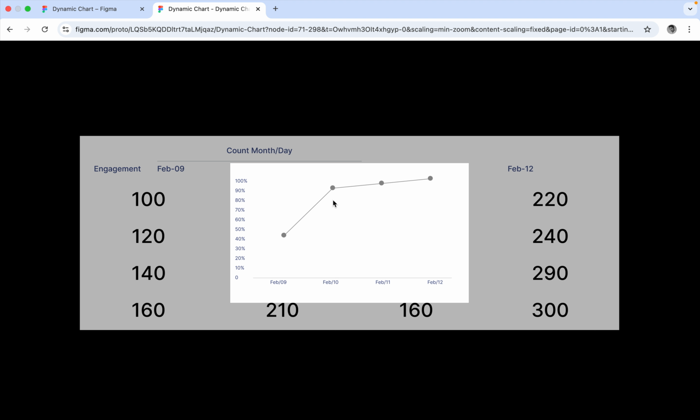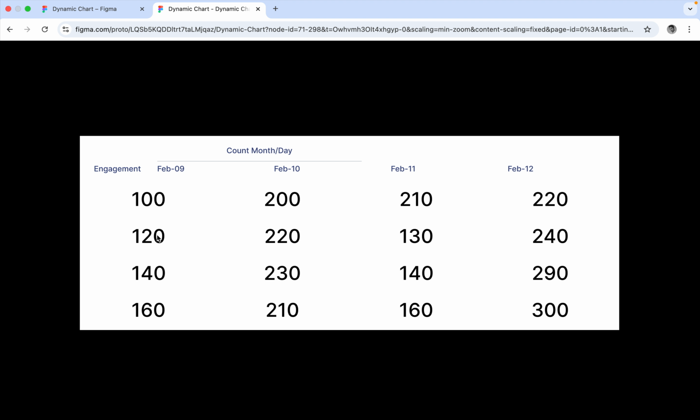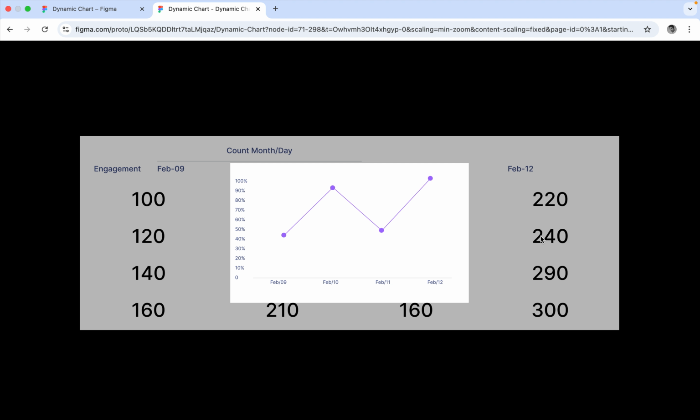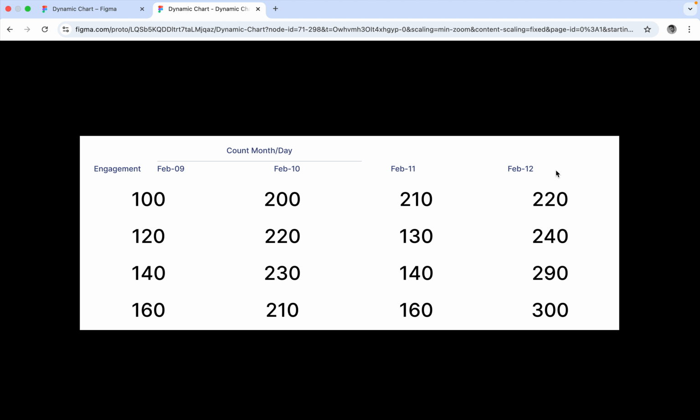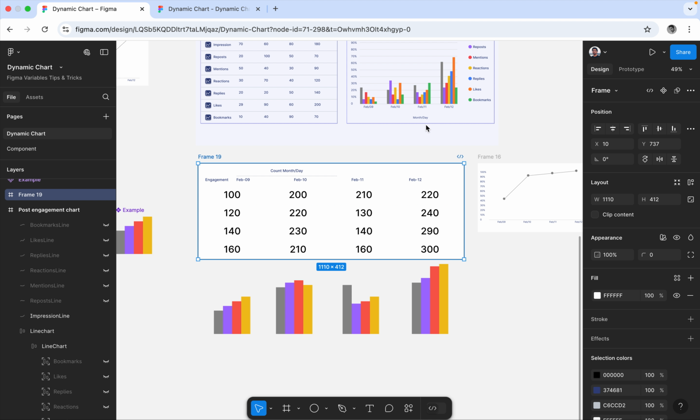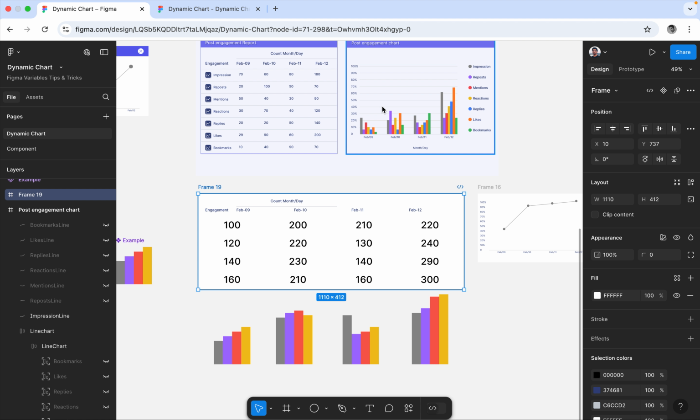So here 100 it is coming, 120 it is coming. And for the chart you can use the same legend and the x and y axis to show the chart. And this is the